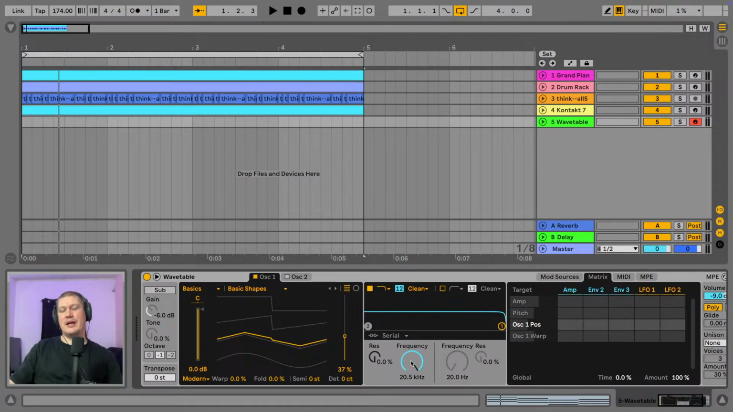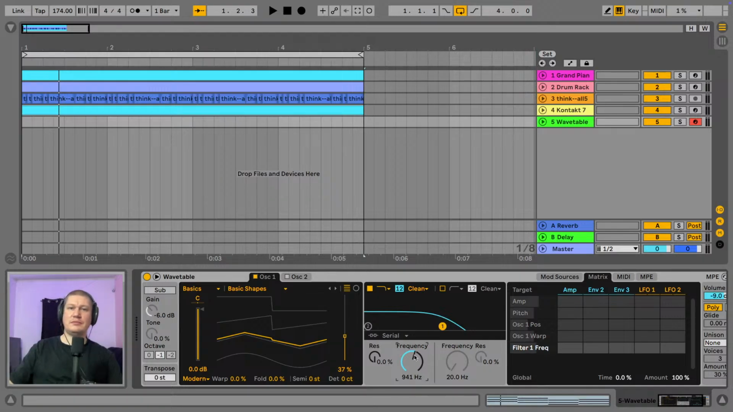For example, this filter frequency, you move it, touch it, and look how it appears there in the matrix as one of the options that you can start to modulate with your LFO. So we're going to make it move both of these. So LFO1,